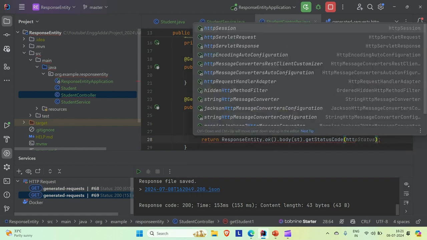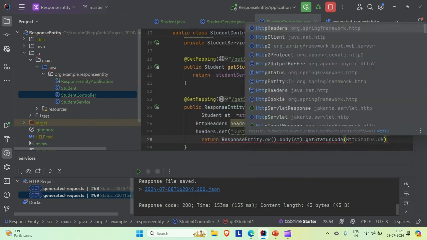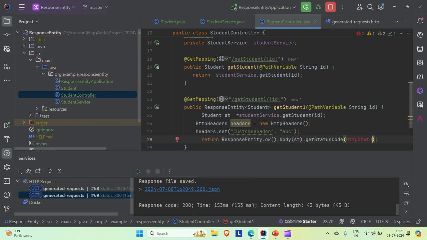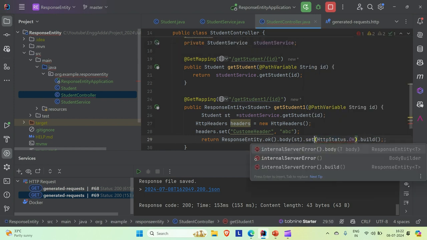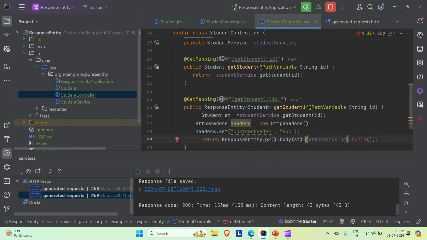Not sure how we can do that. HTTP status. Yeah, HTTP status dot okay. Let me import this. Okay, it is not this. We'll see. So what we are going to do is we are going to pass